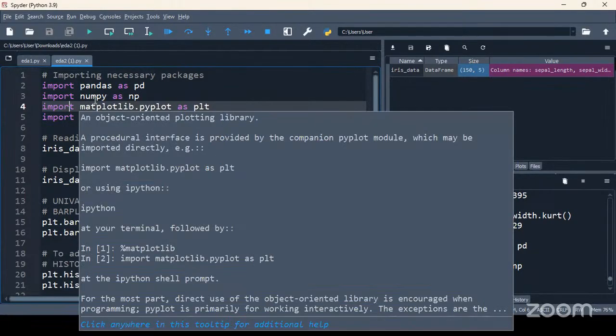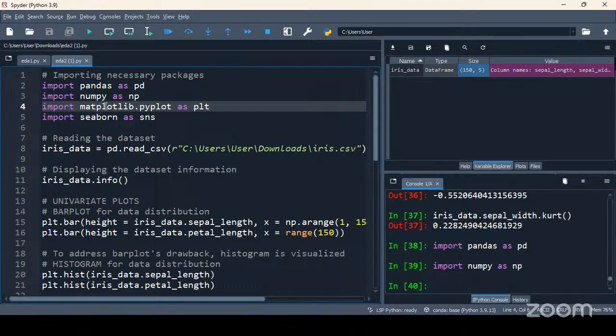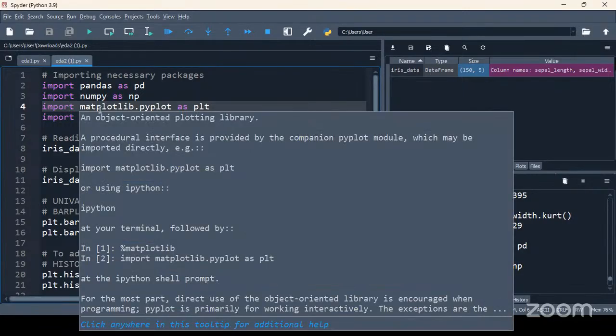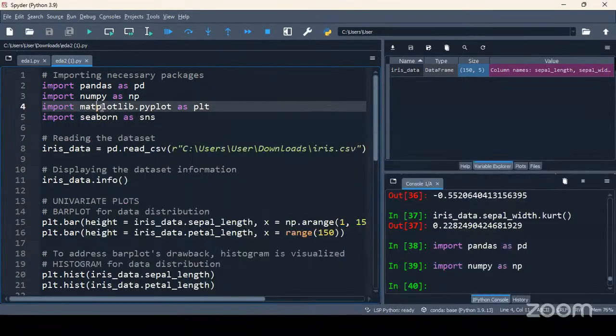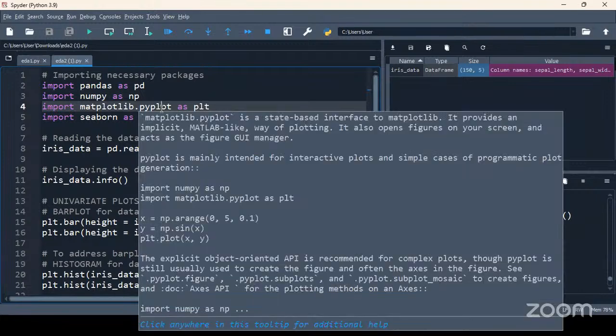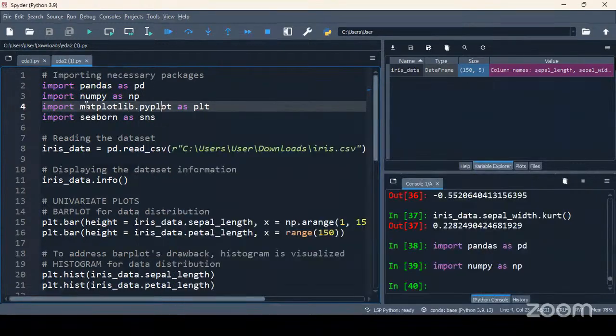In order to visualize the data, we use some functions that are readily available in matplotlib. And within matplotlib, there is a sub package, a module called pyplot, and this pyplot is what we are importing. I'm not importing the entire matplotlib, but just pyplot. And this pyplot I'm giving an alias name, PLT.